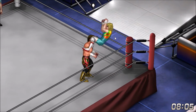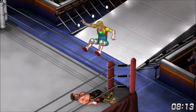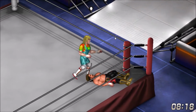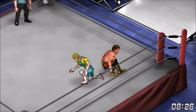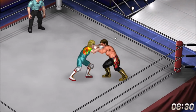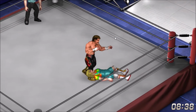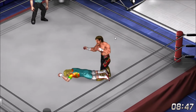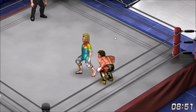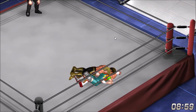8 minutes have passed. And working runner by Spike. Now Spike goes to the top rope and hitting a flying guillotine leg drop on Guerrero. Spike can cause an upset here, but he's not going for a cover yet. Spike has a chance. Spike can win this thing. He has the ability, in my mind, to upset Guerrero, but clothesline to the back, keeping it simple by Latino Heat and a dropkick. But Spike getting up, hitting a